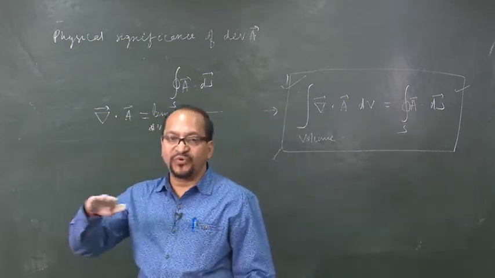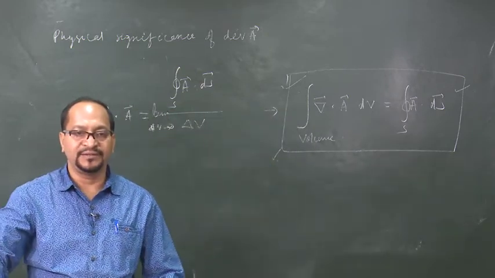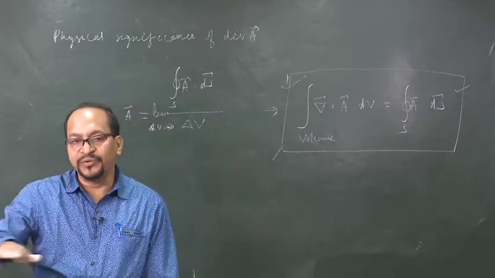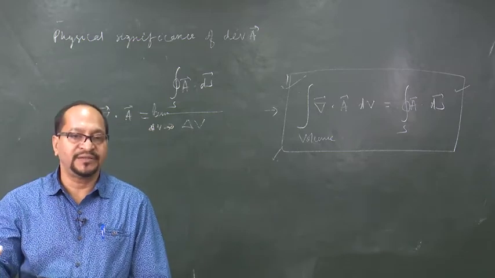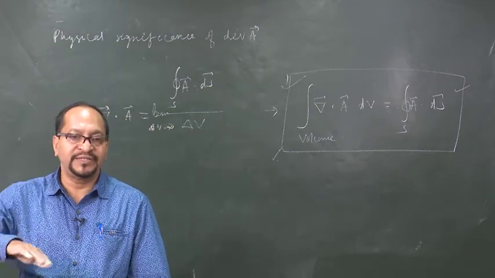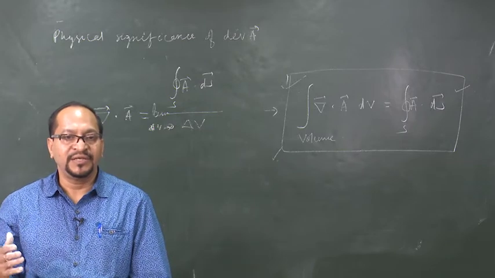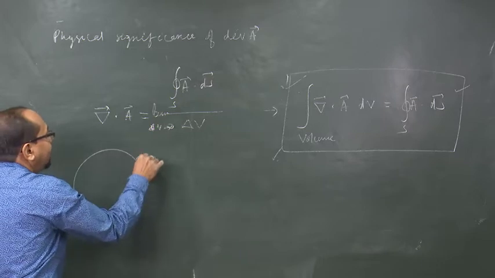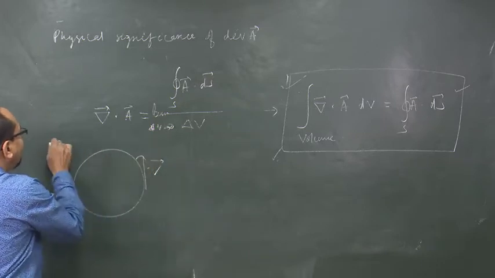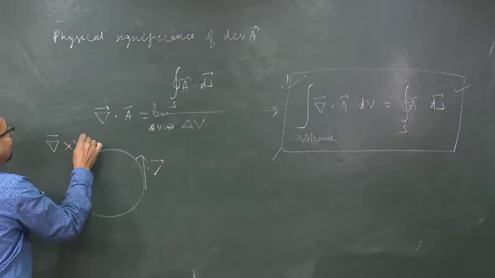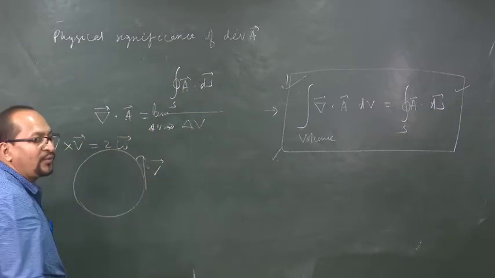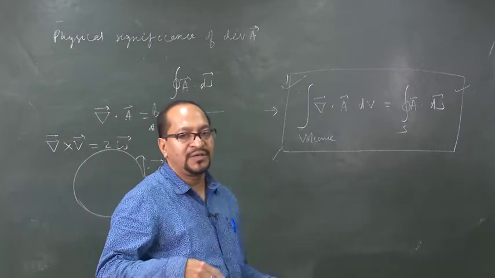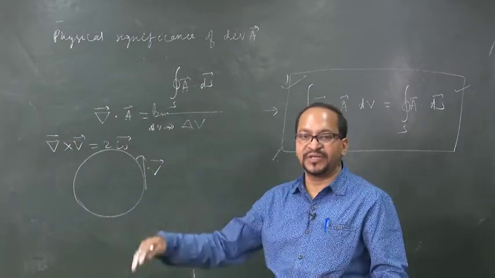Suppose water is flowing, and we put a small turbine there. This flowing water rotates the turbine. It is its curl effect, it is its circular effect. Okay. And we can prove that if a particle rotates in a circular path and it has a linear velocity v, then curl of v gives you 2 times its angular velocity. So, curl of a vector relates to how it circulates, what its rotational motion is around a point.